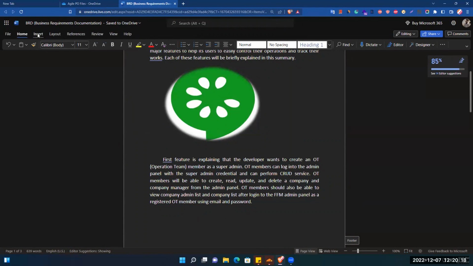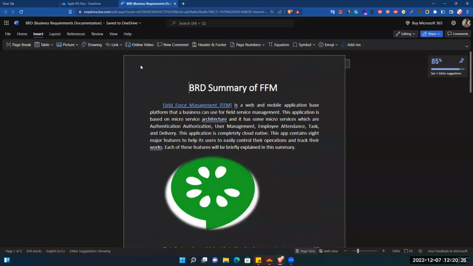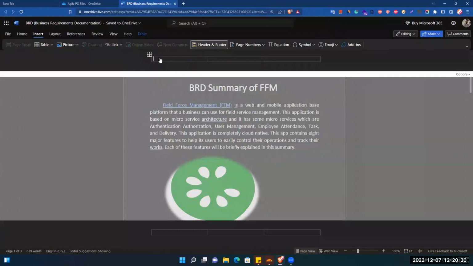And also if you go to the insert again, here you can also upload an online video. And also you can put the header and footer. If I click on the header and footer, see, this is the header and this is the footer. Okay, I don't know why they put a table here by default. So let's say I put here the